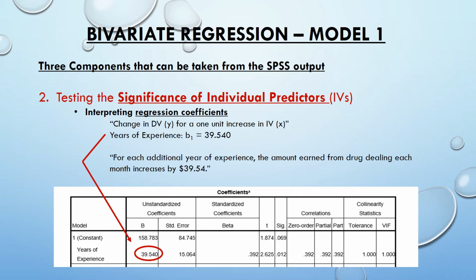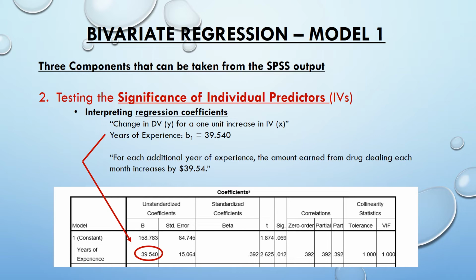That means for each additional year of experience in dealing drugs, the amount earned from drug dealing each month will increase by $39.54. And so you'll notice it's a positive value, so that's why it's an increase. If it had been negative, that would be a decrease, right? So the numbers just go as numbers do, but it's change in y for a 1 unit increase in x. For each additional year of experience, which is my independent variable, the amount earned from drug dealing, my dependent variable, will increase by